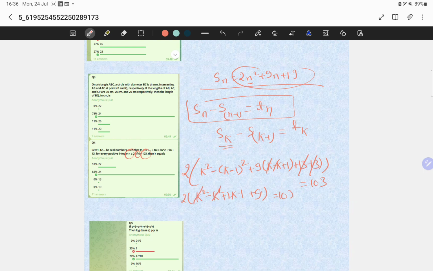Okay, so this k square gets cancelled, 2 to 4k, this was 8, 8 to 16, again a calculation mistake, I guess. Whenever you see this, there is something happening that I am not able to spot. So k will be 24. You just have to find the value of k, that's it.